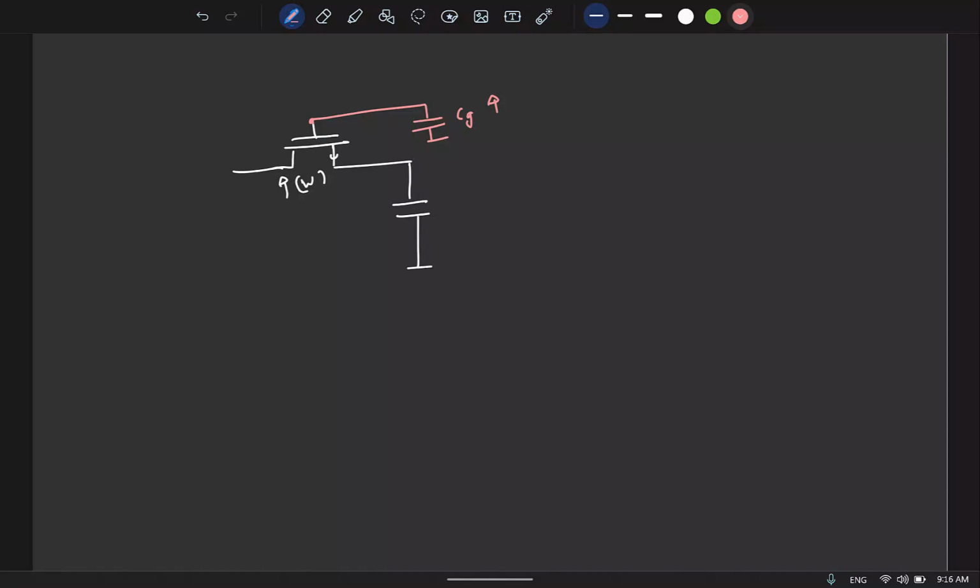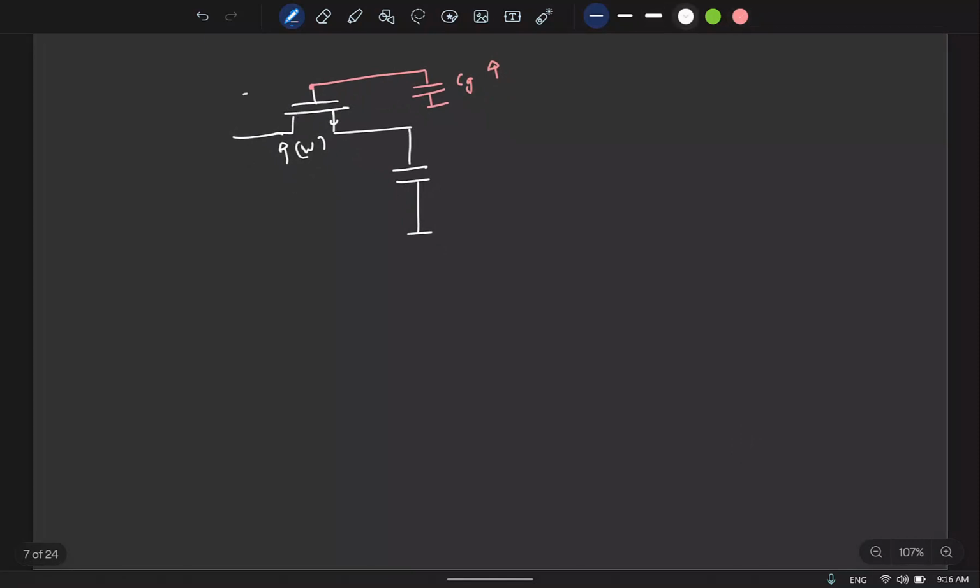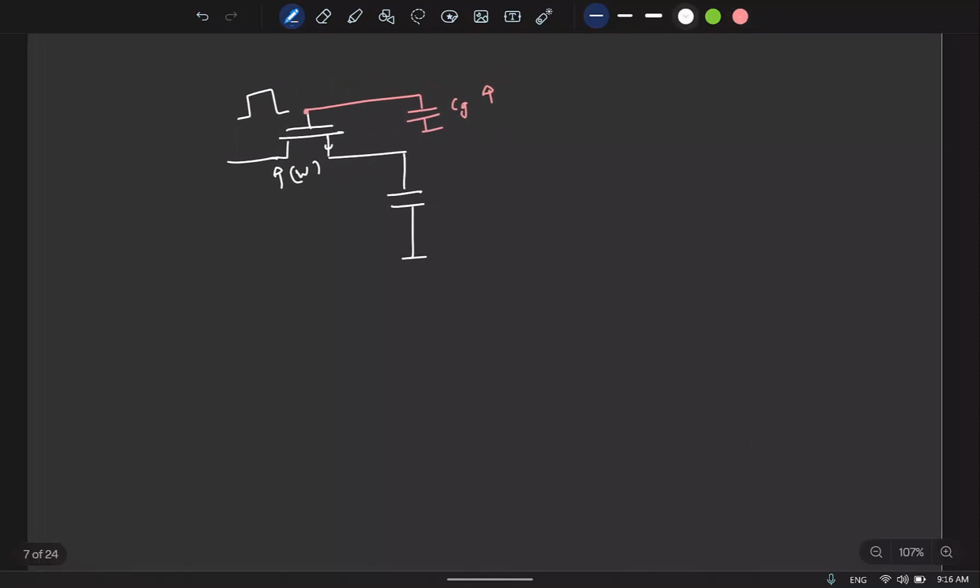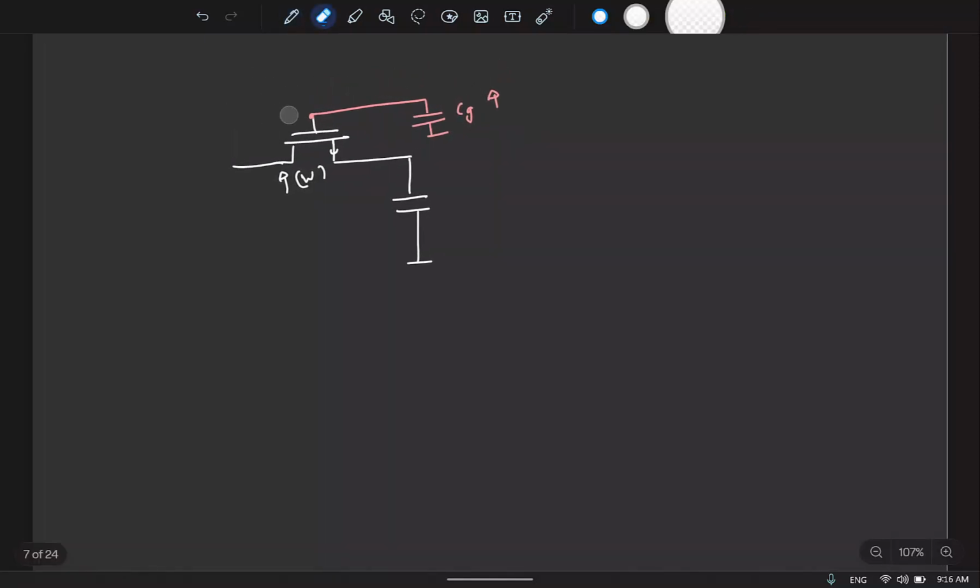Yes, the effective capacitance at the gate is increasing. All capacitors are proportional to the area, so the clock has to drive a larger capacitance. Remember that at this gate we are feeding a clock signal to turn the switch on or off, and this has to be driven by some buffers, which is basically some kind of inverter chain. You'll have so many inverters to drive it,